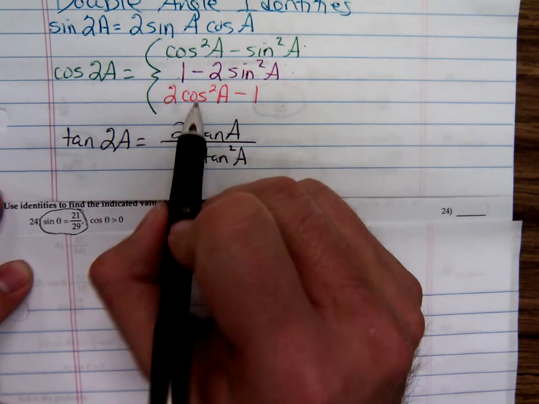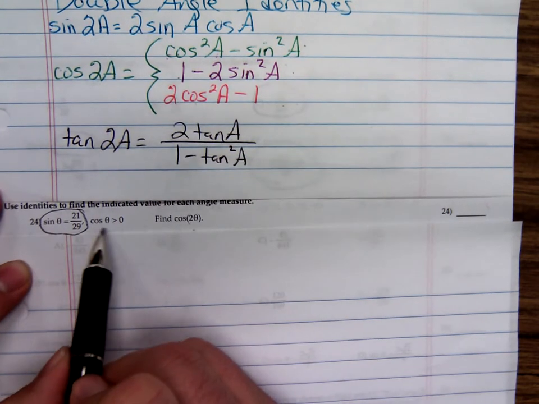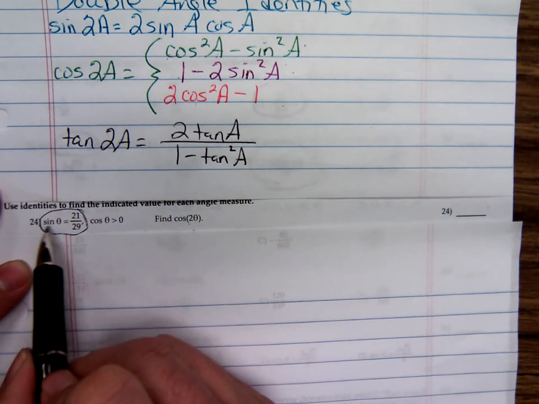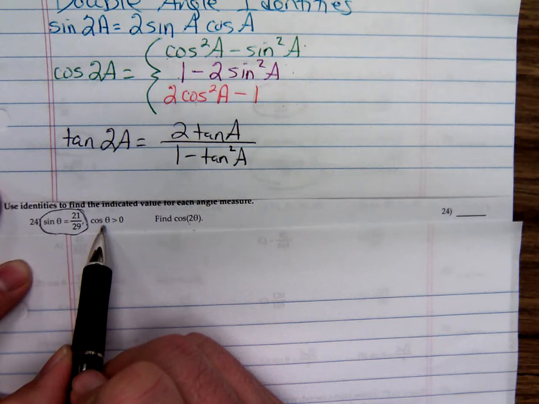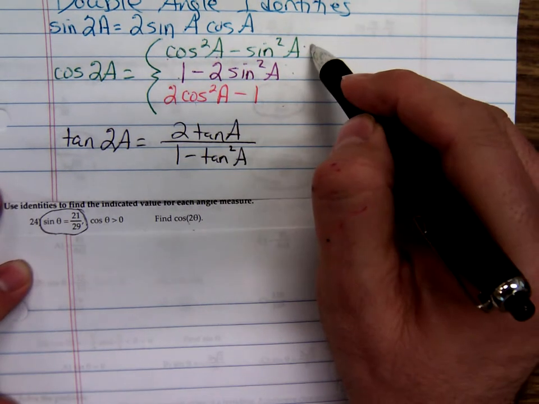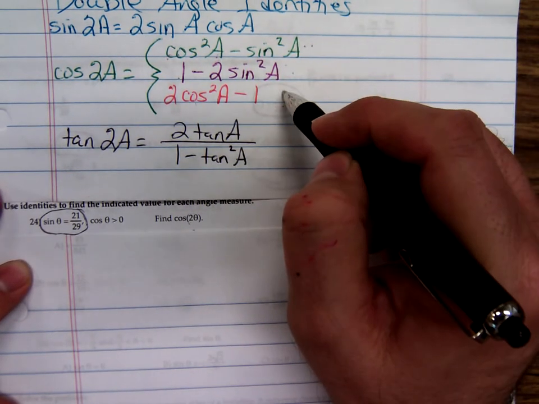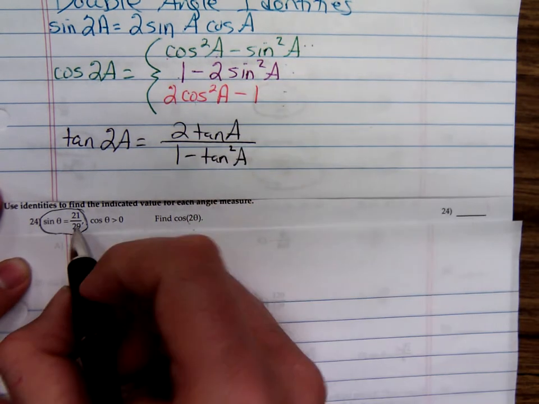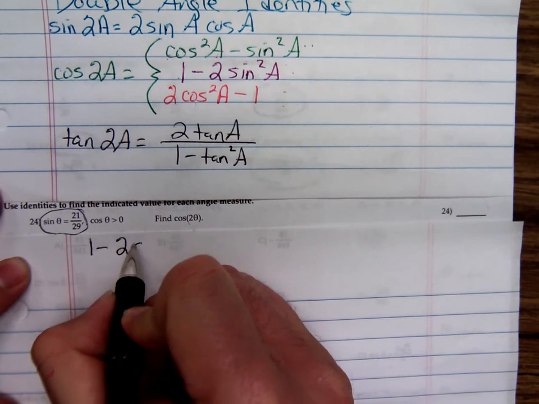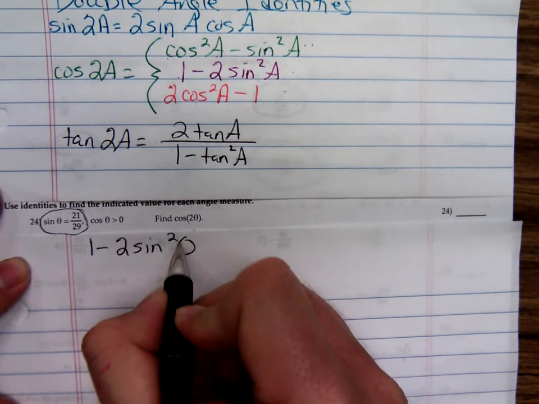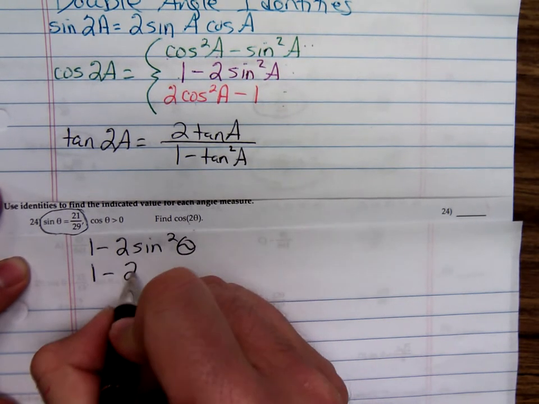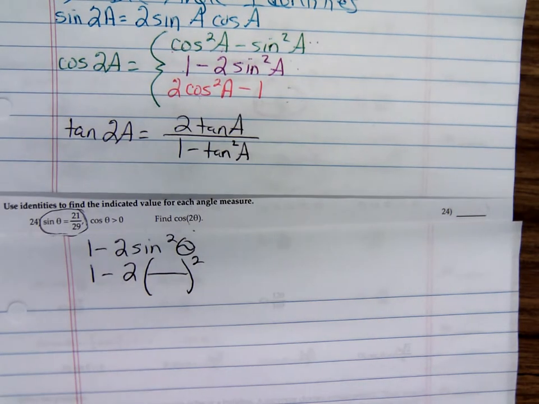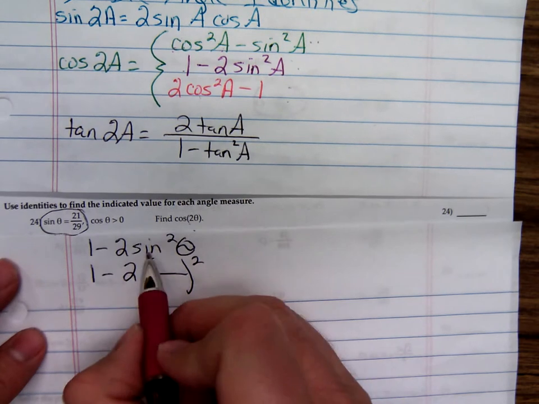All we were told was that it was positive. If you want to do x, y, r and find cosine theta, then you could use this identity or this one. But if you go straight to this identity, 1 minus 2 sine squared theta, then all you have to do is just substitute in place of the sine theta, put 21 over 29,